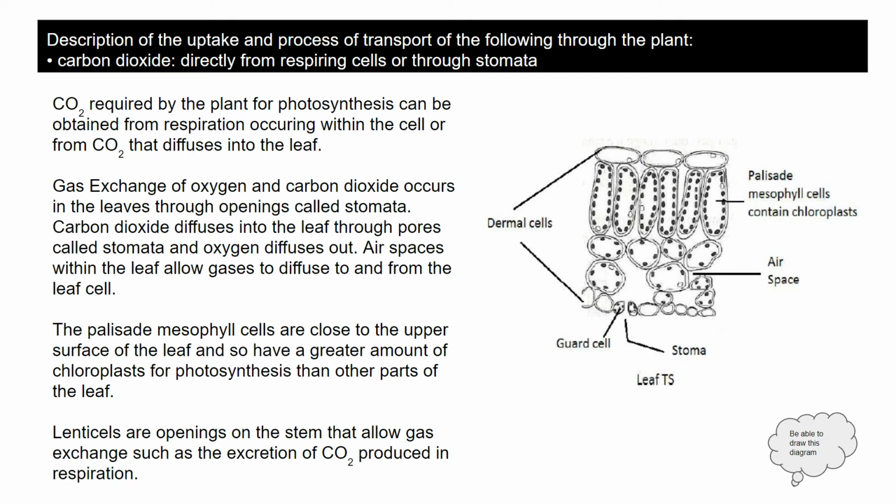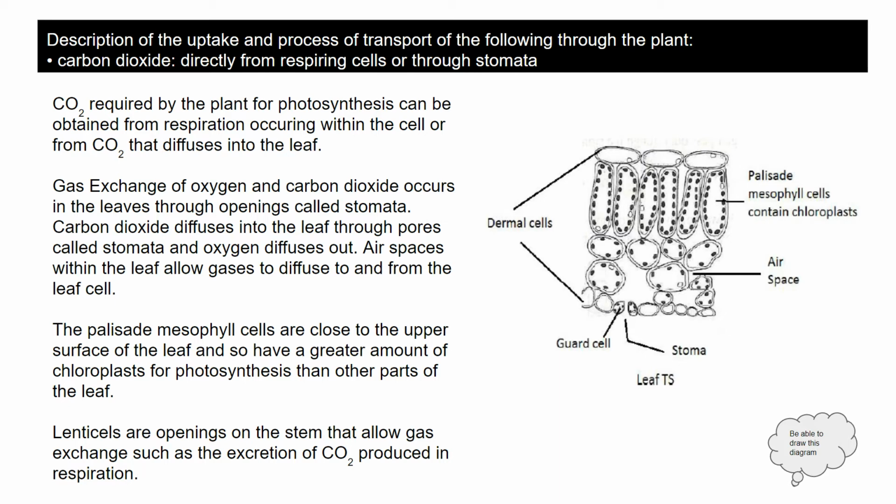Now, looking at carbon dioxide, it needs to get into a plant for photosynthesis to happen. The carbon dioxide will enter through tiny openings at the base of leaves called stomata. Okay, at the same time as carbon dioxide is entering the leaves, oxygen is moving out. So there is an exchange of gases. So in this gas exchange, oxygen leaves because it's a product of photosynthesis, and carbon dioxide enters the leaf because it's